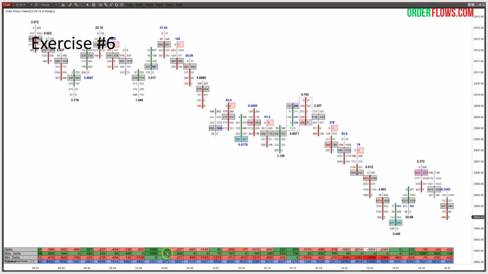Delta is still positive, but it's getting weaker. And then it turns negative: minus 237, minus 893, minus 1143. You've got 2 bars with 0 min delta, 2 bars with 0 max delta, and we're closing right on our min delta numbers here. So it's told me that it's gone from very aggressive buying to very aggressive selling in the max and min sense, as well as the final headline delta number getting weaker, 1045 to 326, to turning negative, 237, minus 893,